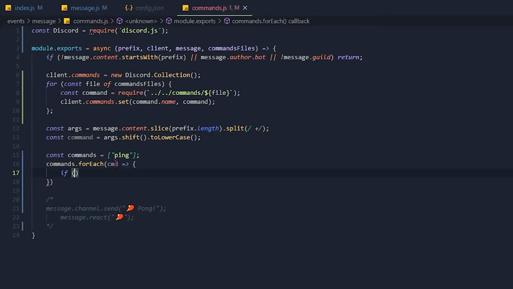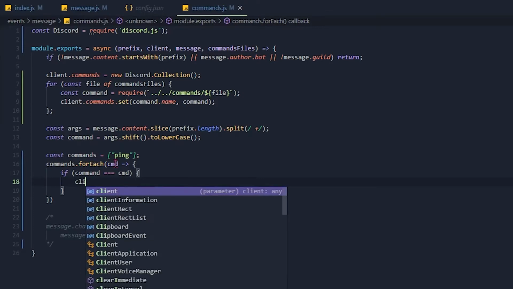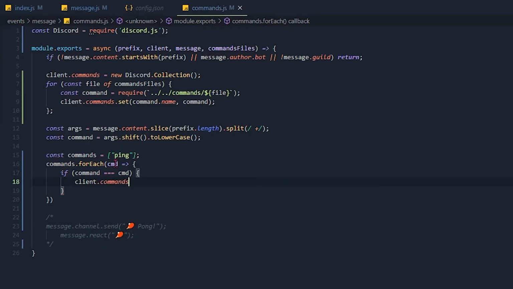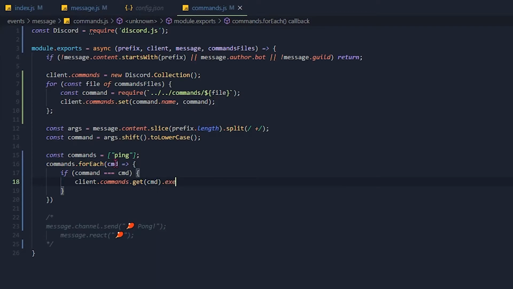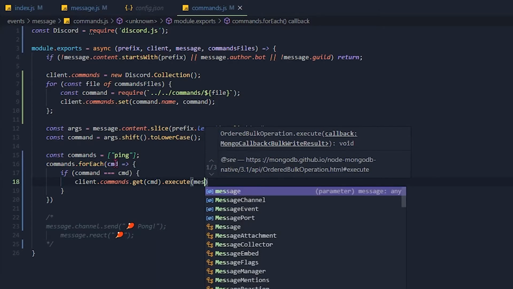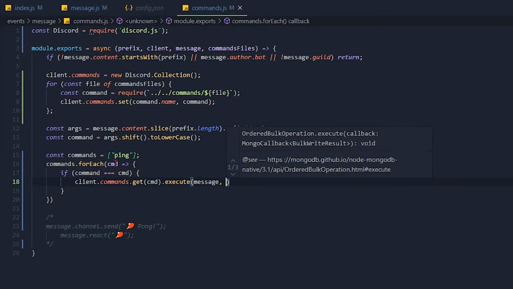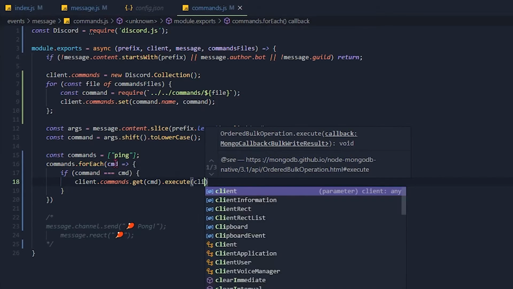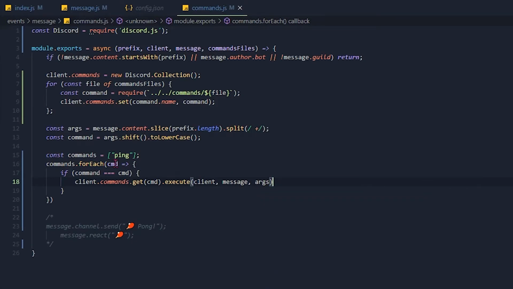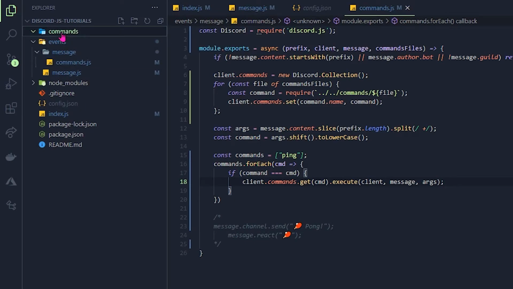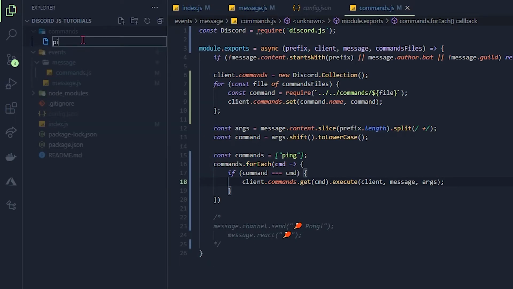Now if command is equal to cmd, we want to client.commands.get cmd.execute message, comma, or actually let's pass through the client too. So client, comma, message, comma, args. There we go. Now let's go into the commands folder and let's make a new file that we call